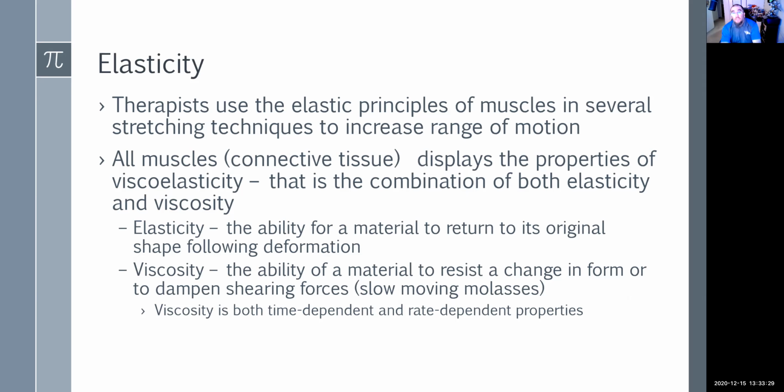Viscosity is often heard in terms when you're thinking of oil for your car, right? When you go to get oil for your car, I don't know if any of you still do this nowadays, you go to Walmart, you go to AutoZone, you go to O'Reilly's, and when you walk in, you see a wall of oil, and that oil all has a weight rating, right? It's like 5W30, 10W40, 4W70. There's all kinds of W blahs, right? That is the viscosity rating of the oil. The thicker the viscosity, right, the slower it's going to move.